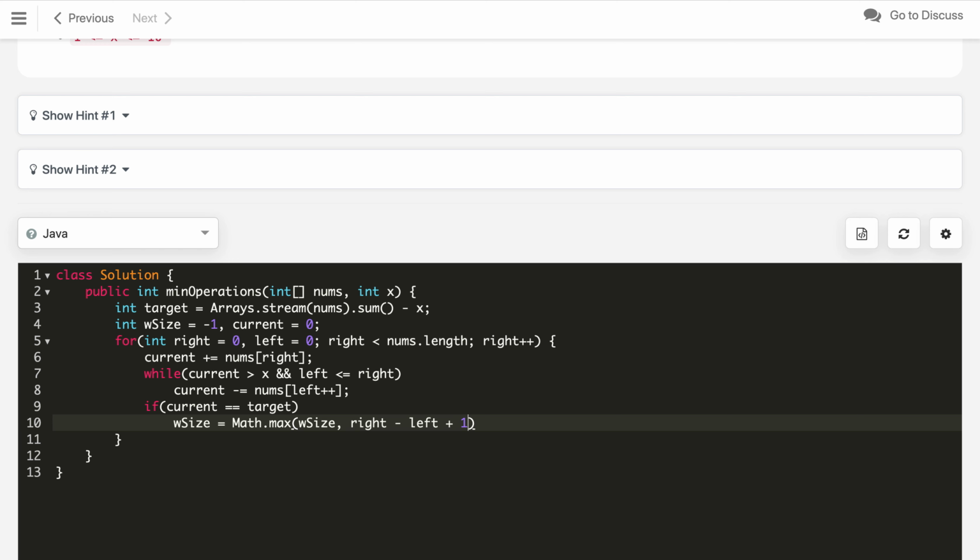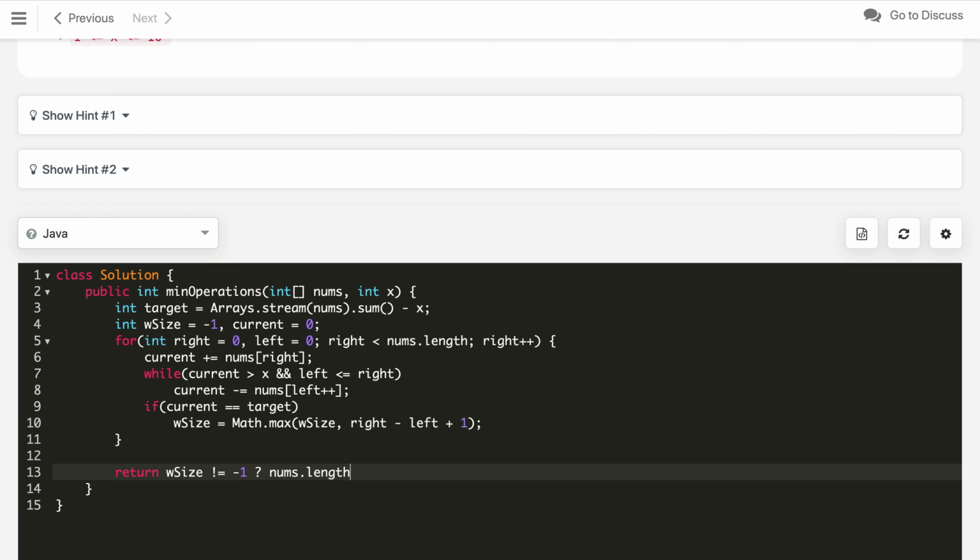We keep updating with that, and in the end we return by checking if the window size is not -1. In that case we return nums dot length minus window size, because we are finding a maximum window whose sum equals the total sum minus x. Otherwise we just return -1. So, this is the approach.